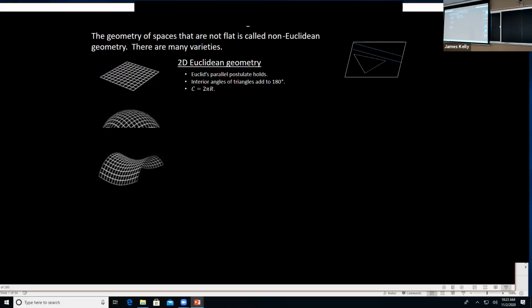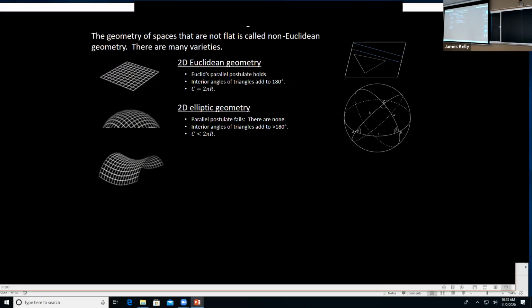Okay, so Euclidean geometry, I know for those of you in the class here, the font is a little bit small, but it says Euclid's parallel postulate holds, interior angles of triangles add to 180 degrees, C equals 2 pi r. The familiar things happen there. For elliptic geometry, that's like the geometry of the surface of a sphere, the parallel postulate fails. There are no parallels to a given line. Angles add to greater than 180 degrees in a triangle, and the circumference is less than 2 pi r,